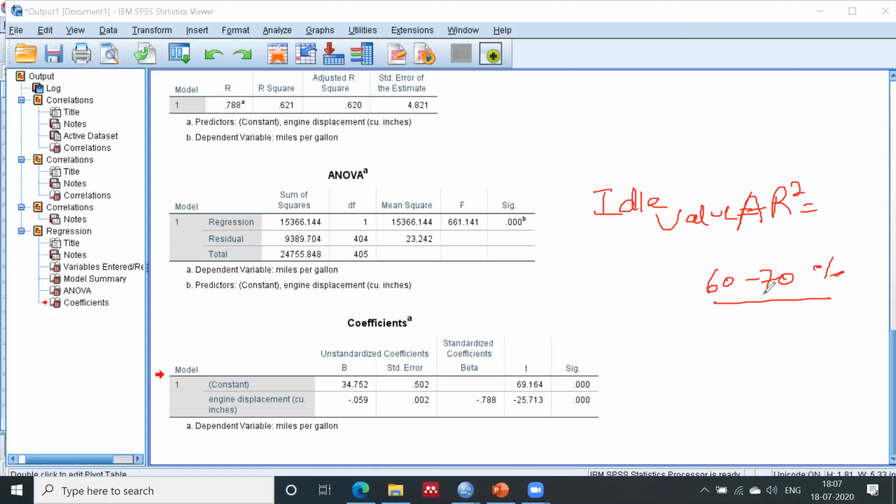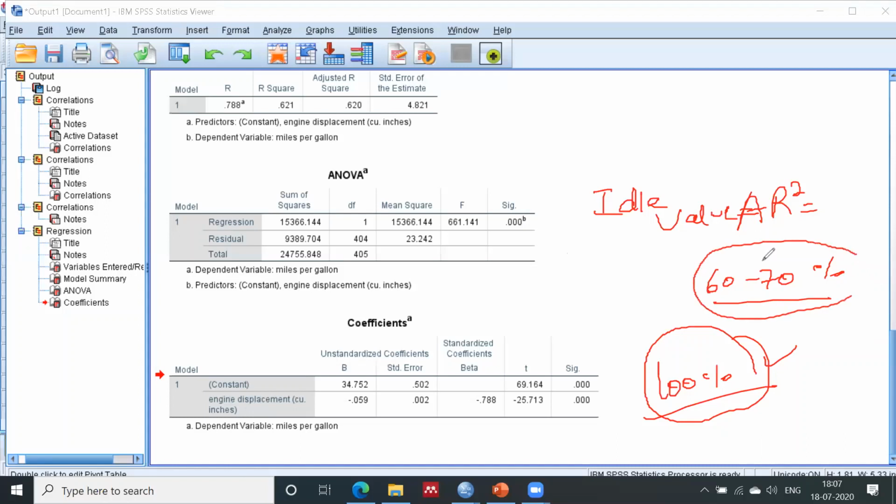However, it can be more than 70%, right? In the books, generally, the book says about 100%. You should take 100%, but in real life, we cannot see a 100% model because there is no perfection, right? So the criteria basically, it should not be less than 60%.